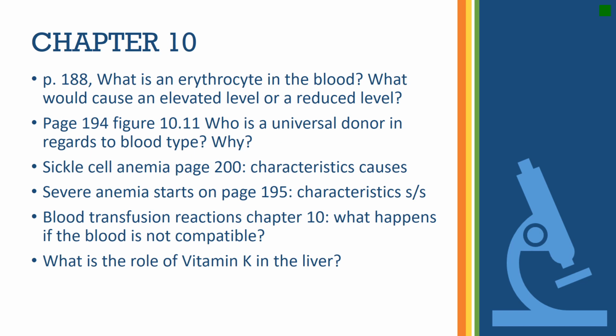All right, chapter 10, blood and circulatory system disorders. Look at pages 186, 187, 188. Know what the major action is, right? You're going to see this a lot when you get into the nursing program. You're going to do red blood cells. What do they do? What do white blood cells do? What is their importance in the system? So we know that